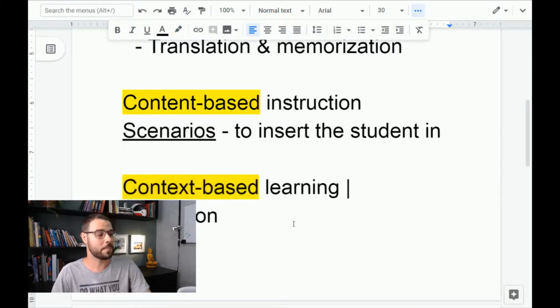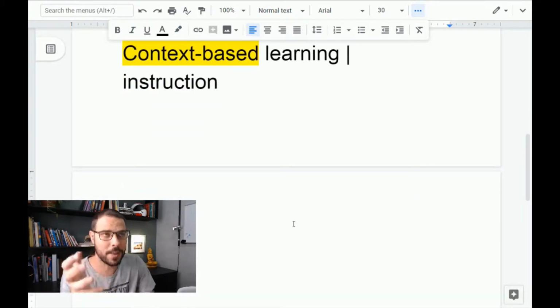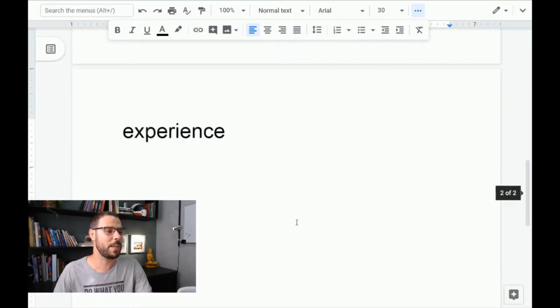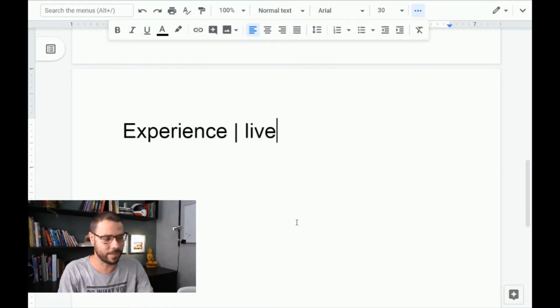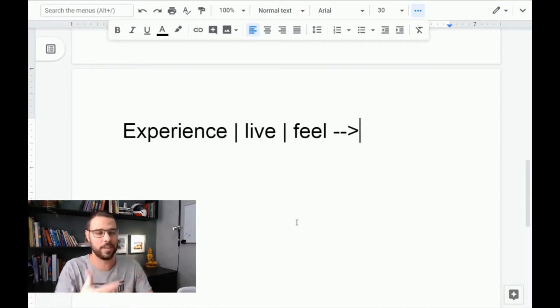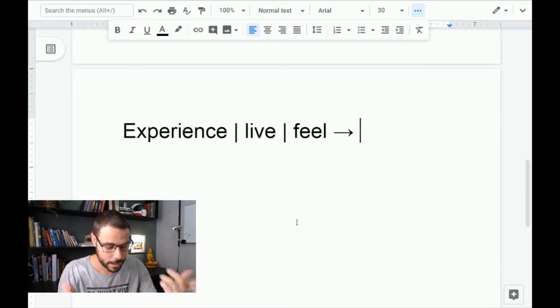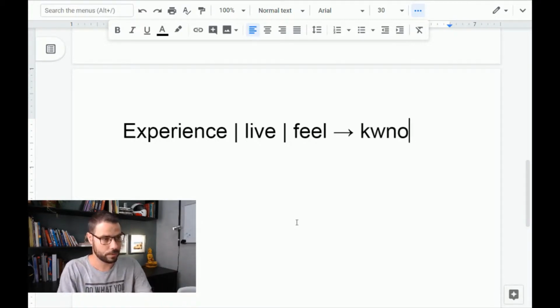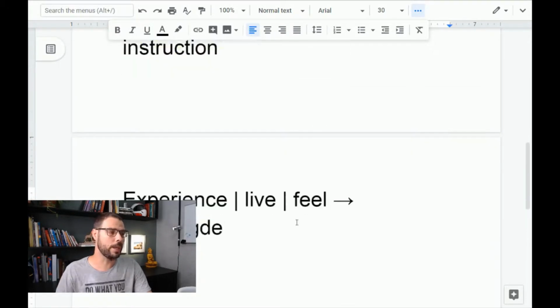So context-based learning, okay. Context-based learning is you have to live, right? You have to experience. Yeah, this is the word I'm looking for. You have to experience. You have to live in order to feel. And the outcome of this experience, live, feel, is the knowledge. I'm not really sure if the word is knowledge, but you learn through